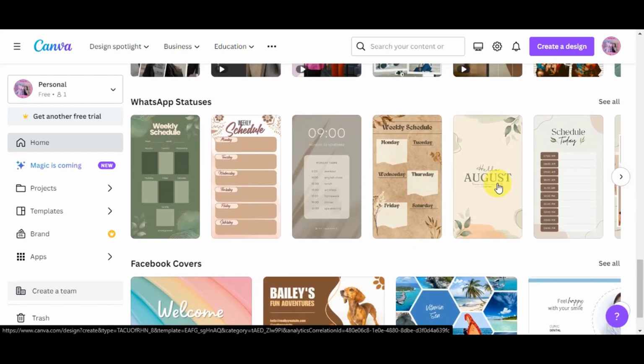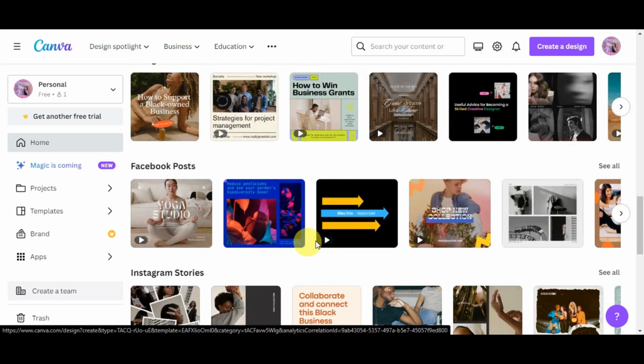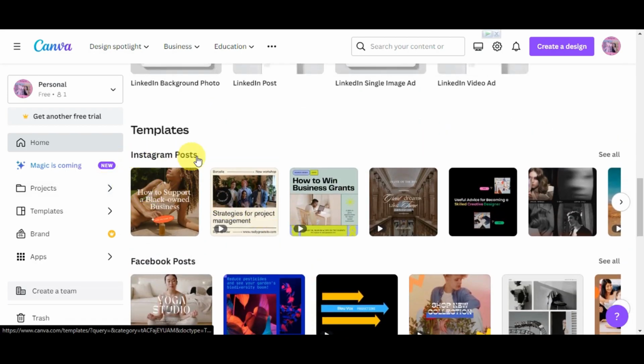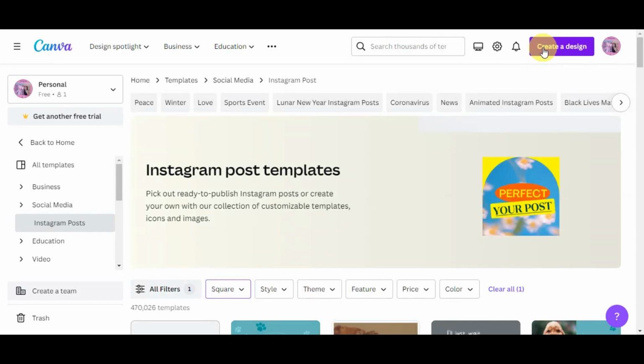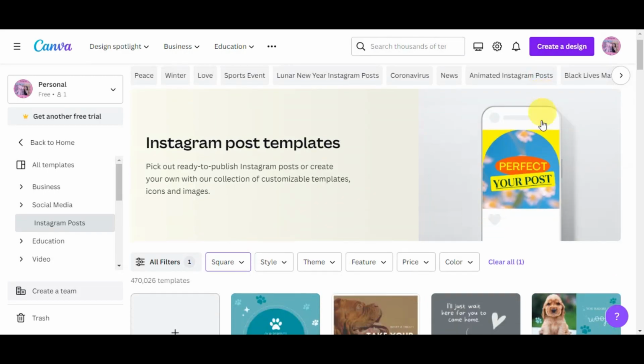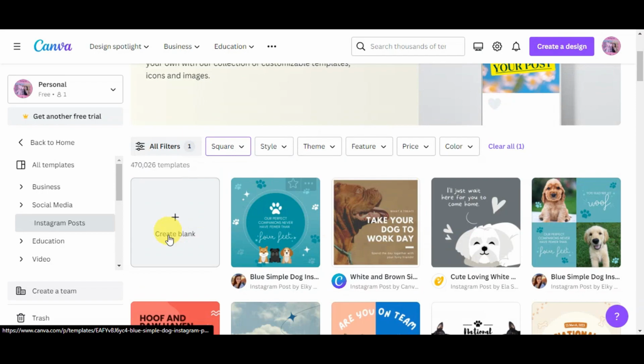So these are the different templates that it offers. So I'll just need you to head onto the Instagram posts and your templates, since that is what we're gonna do for today. As you can see, these are the different templates. We're just gonna click on see all in here, and then it would redirect you to the Instagram post template. You could also click on create a design so that you could start from scratch, but we're also gonna be using the create blank in here so that we could start from a blank canvas